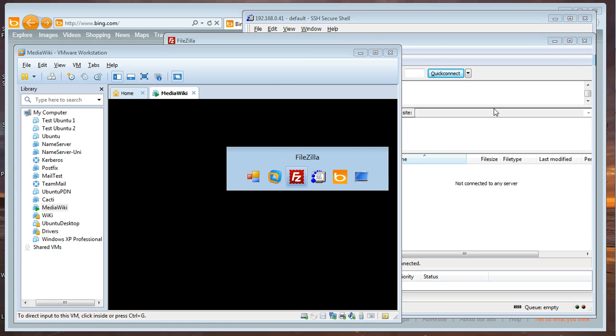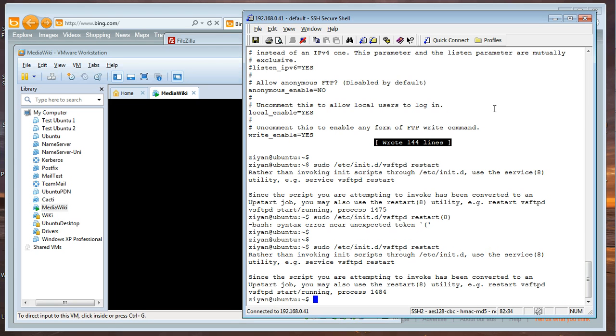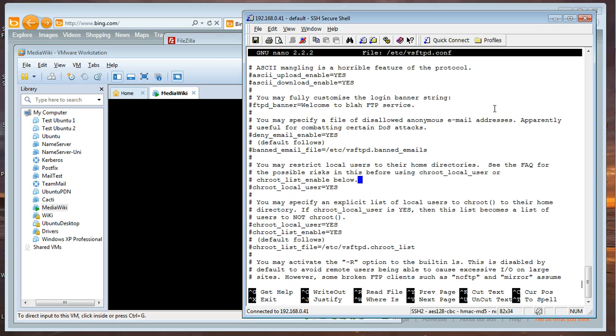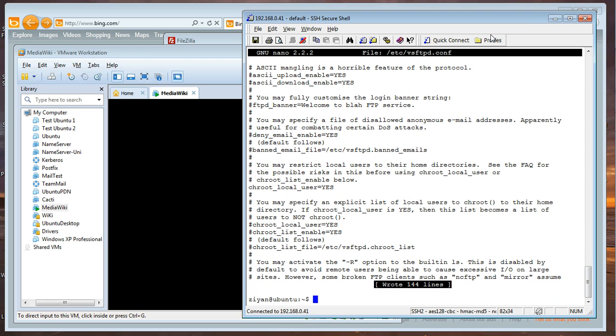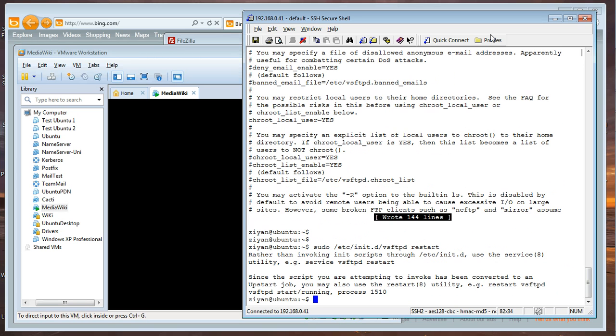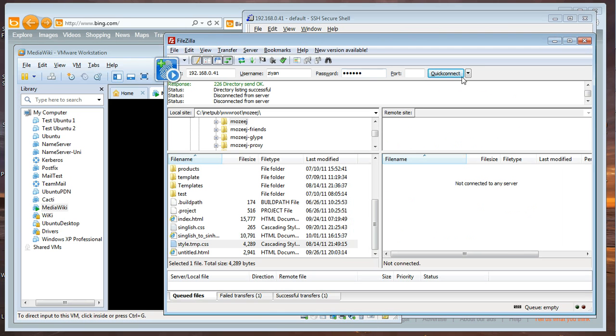So how we can do this is by using the variable chroot local user, and I'm going to once again edit this file, and I'm going to look for chroot local user. Okay, chroot local user is yes, but it's already commented, so I'm going to uncomment it. I'm going to save the file. Yep, and I'm going to exit using Control X, and I'm going to restart this service. And thereafter, if I connect through Filezilla or whatever the client,